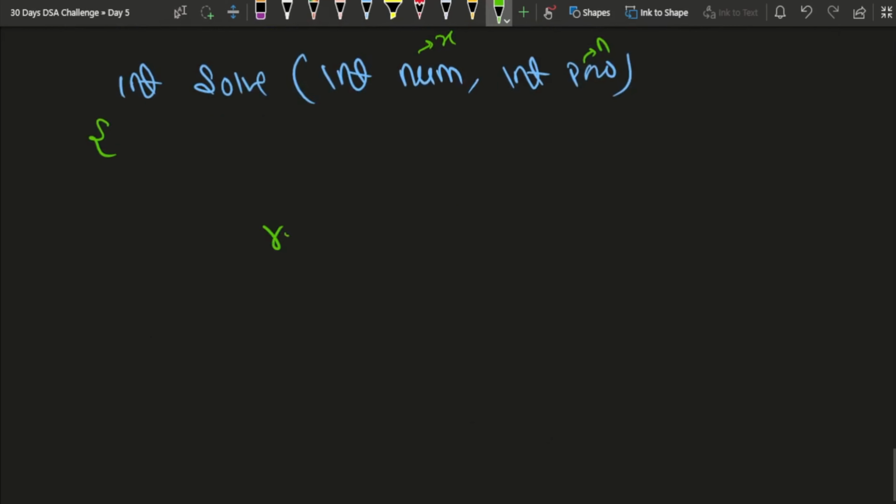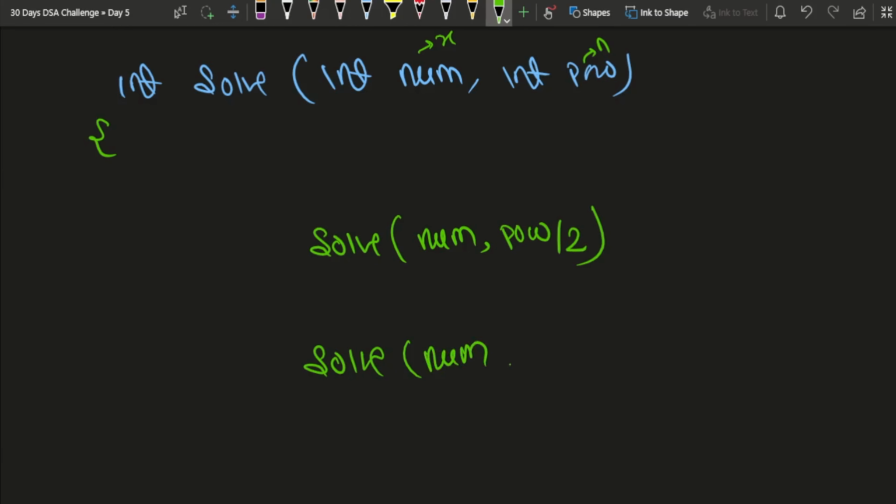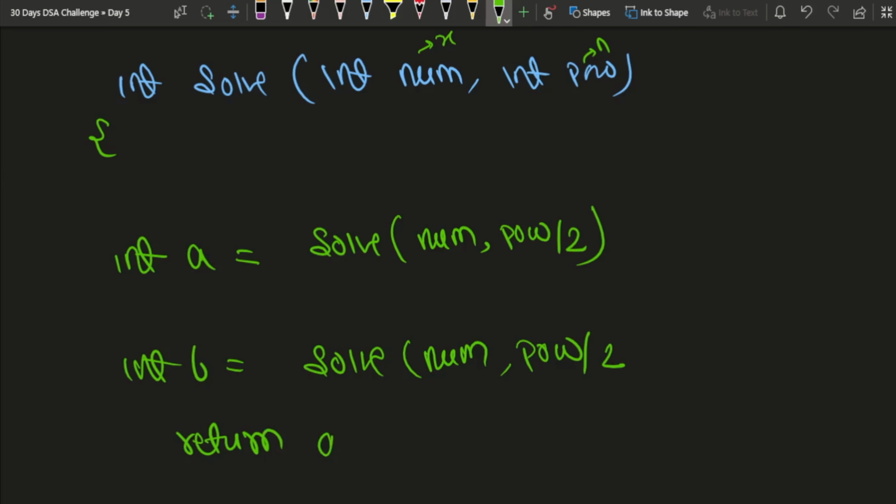What I'll say is go and calculate. So instead of return, I'll say go and calculate num and power by 2, and also go and calculate num and power by 2, and then just multiply them. So I can write it like int a is equal to this and int b is equal to this, and just return a into b. And we also have to write a base case that if the value of power is equal to 1,